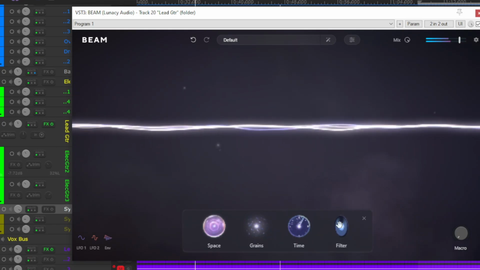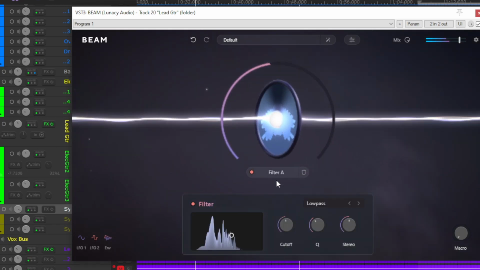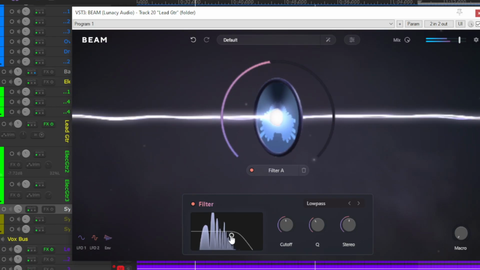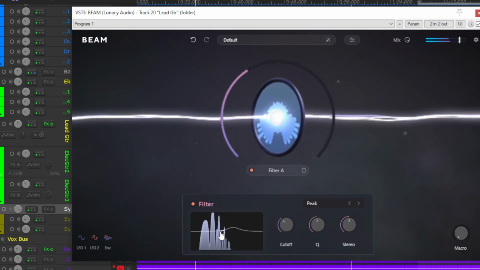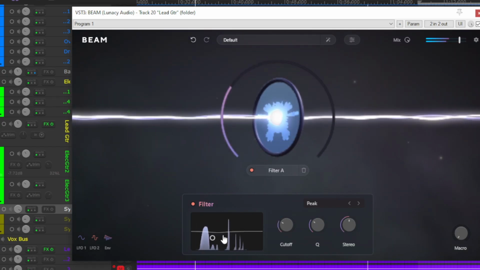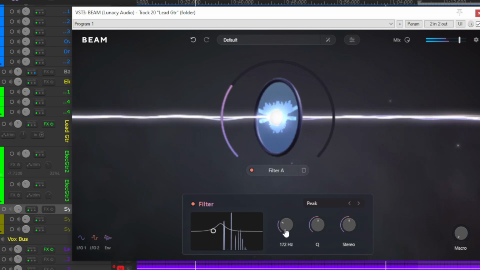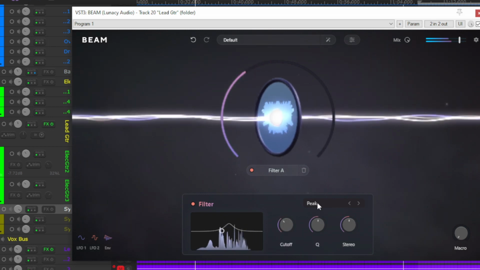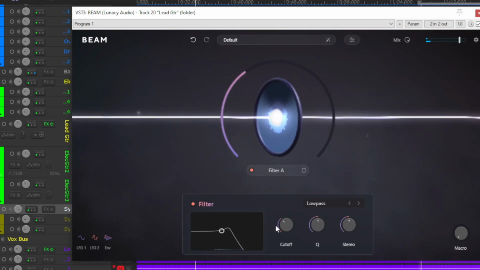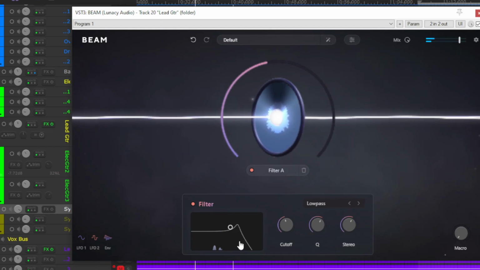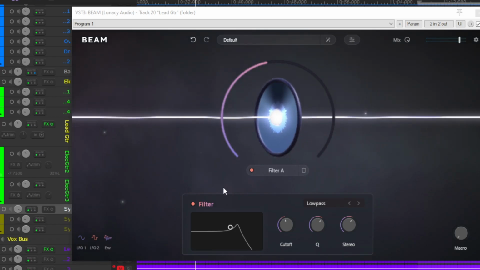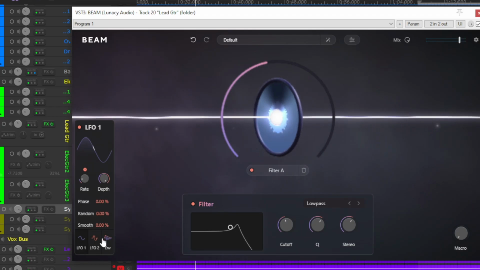Alright, and finally we have a filter, right? We have here different possibilities of filters. High pass, low pass, band pass, peak, notch. Let's choose, for instance, a low pass. Nice. And also one cool addition to these four effects, we have also low frequency oscillator 1, low frequency oscillator